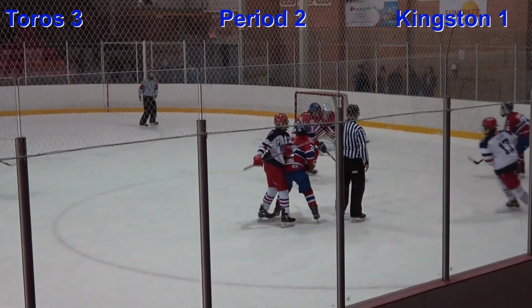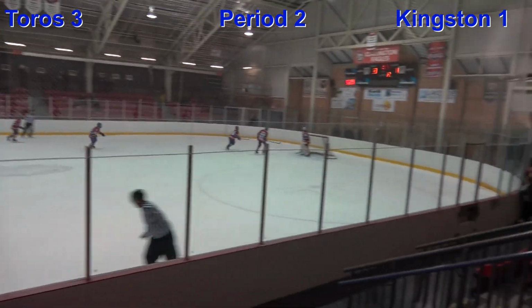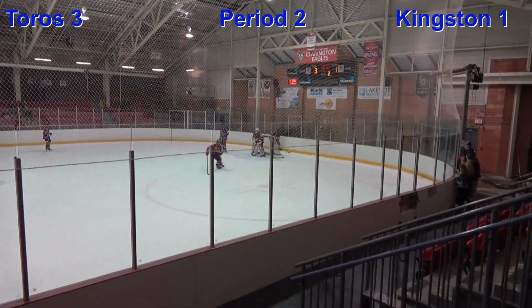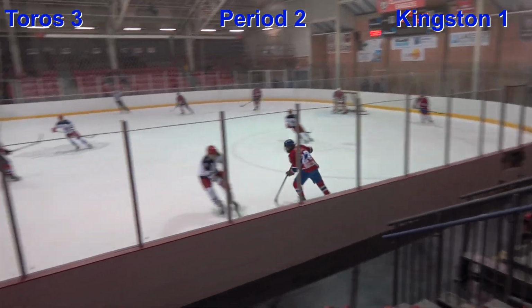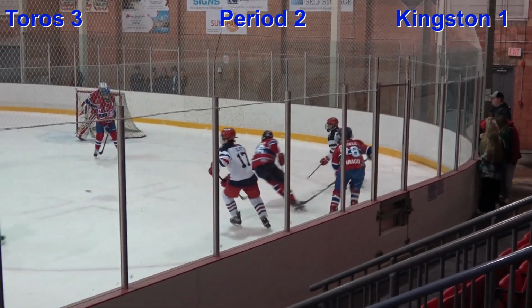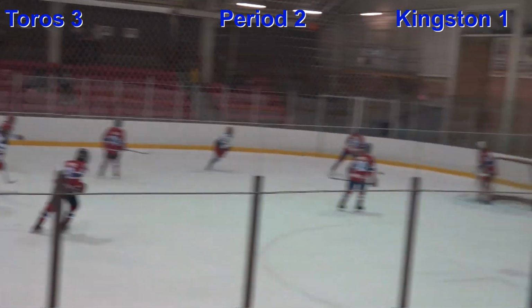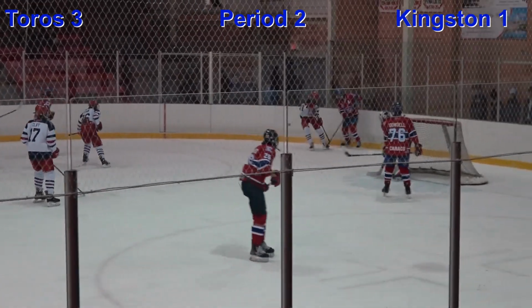Whitlock's going to take this draw. Trying to get it out. Braden Fair will put it back in behind the net. Trying to knock this down. That's Cliff up against the wall, trying to get this back out in front. Taken away by Kingston as a backhand is away and not out. Good job there. Campbell scoops it up.